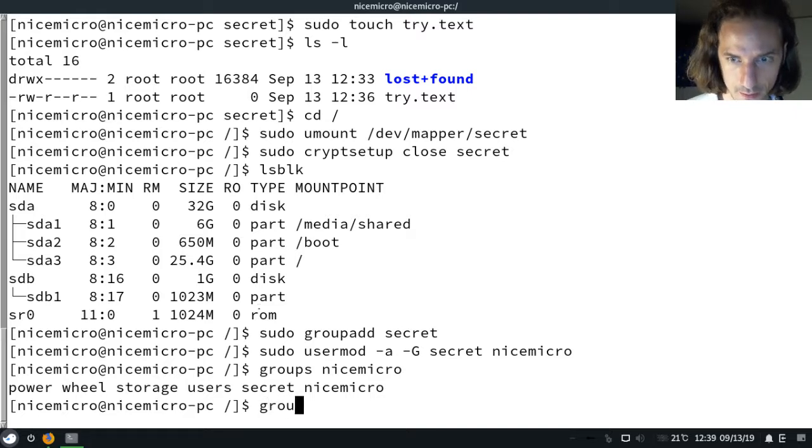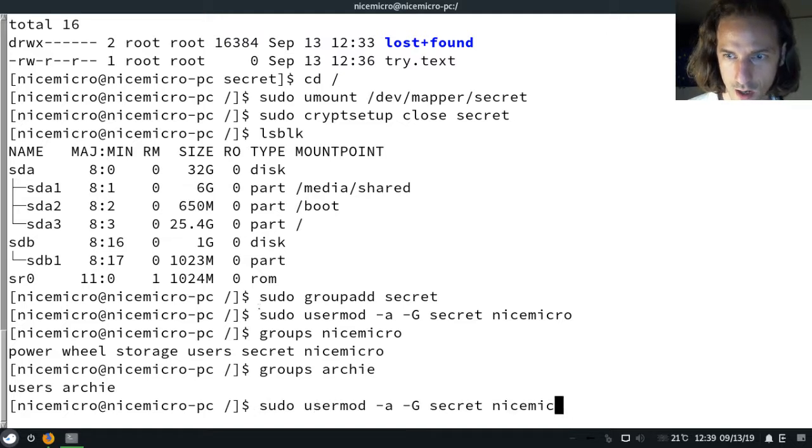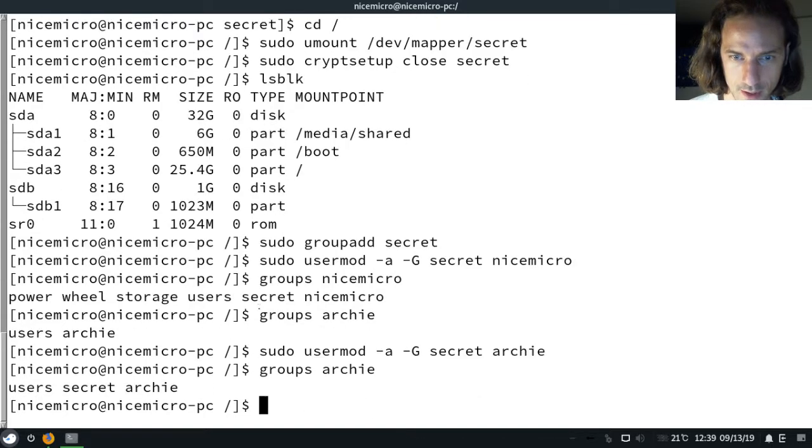Maybe I also, so we have Archie on our system, and so maybe we want to add Archie too. So now if I just ask what groups Archie is in, Archie is also in the secret group now, and now I would like to allow Archie to access the commands that he needs to unlock the encrypted partition and then to mount it. So I will have to go for visudo,